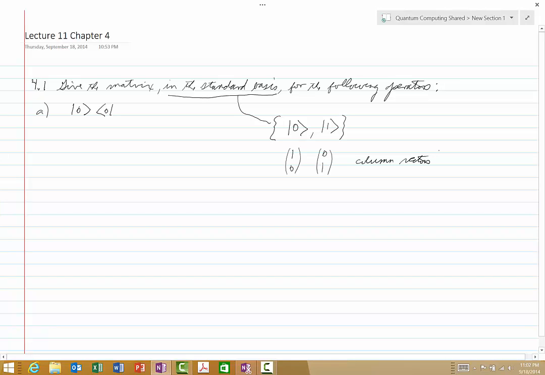And so you can see clearly that it is important here to know the order of the vectors or the states in the basis, because the first one will appear as 1, 0, the second one will correspond to the vector 0, 1, and so we want to understand in this basis which state is first and which state is second. So this is what we mean for the standard basis. We mean that 0 is the first state and 1 is the second state. Okay? So now that we understand that, this problem becomes fairly easy